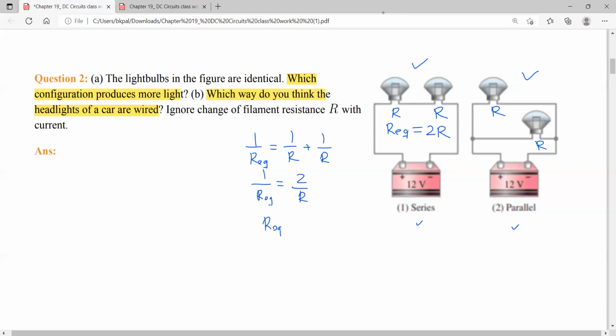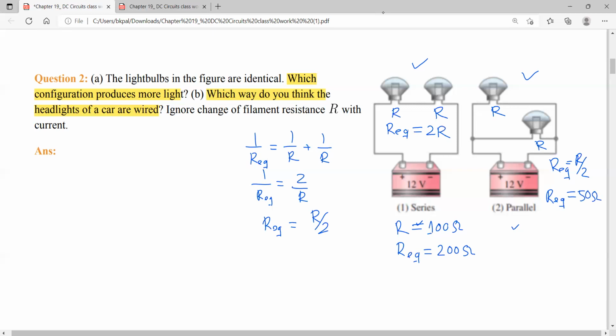So R equivalent for the parallel circuit is half of R. Here R equivalent is equal to R over 2. For simplicity, let's say the value of R is 100 ohms. Then here the R equivalent is 200 ohms, and here R equivalent is 50 ohms,